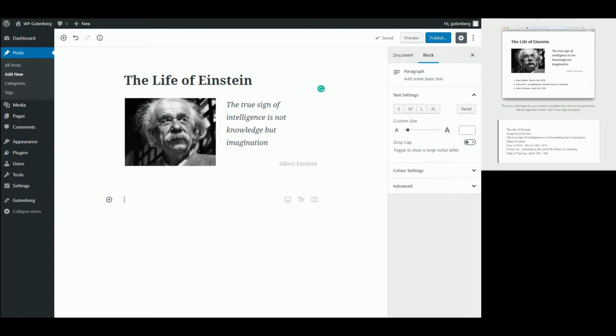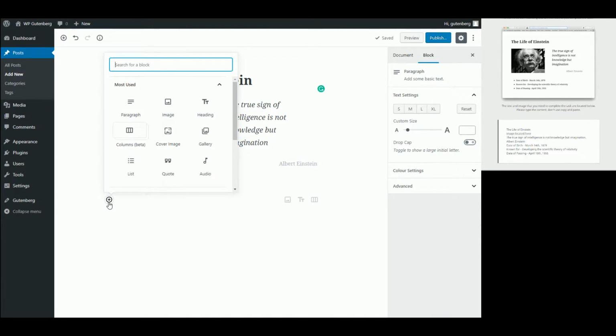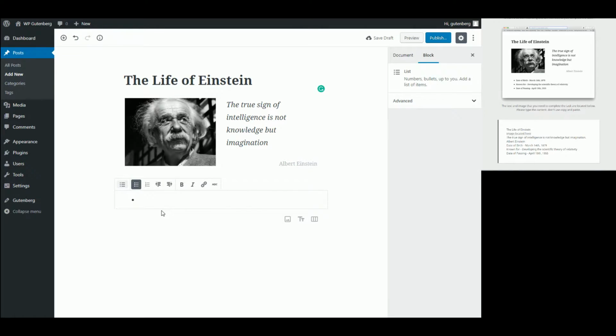So we need to add in this little list here, which is quite simple. You go back to your block, add in a list, and you say date of birth. And I can't spell today. March 14th,